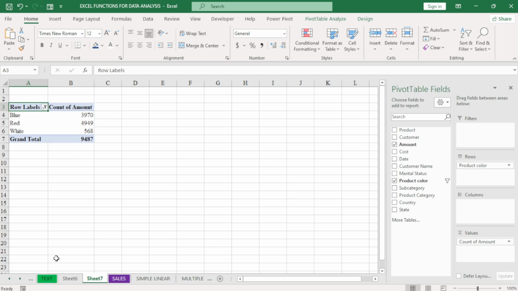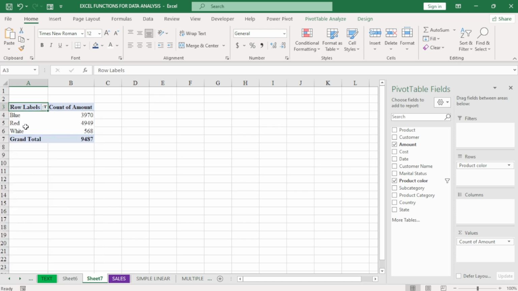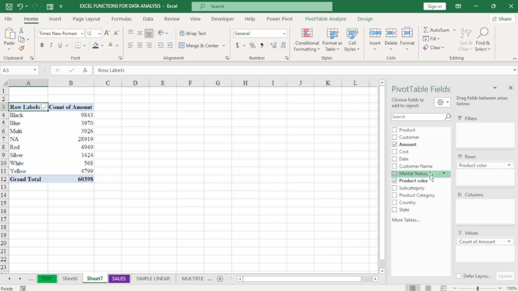And that way we have V. We can also say we sort by A to Z. Already sorted before, blue, red, and white. All right, now let's say, for example, to clear the formatting, we want to know that our manager wants to